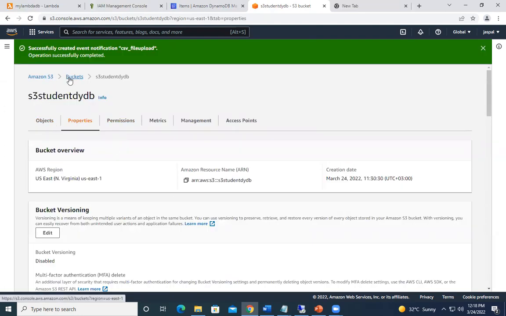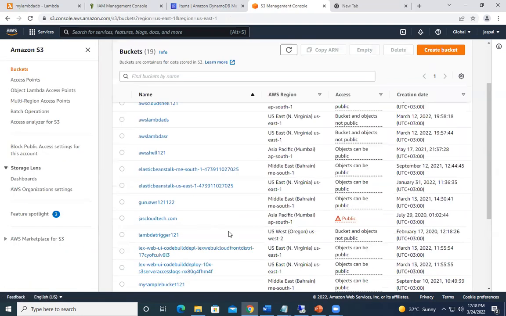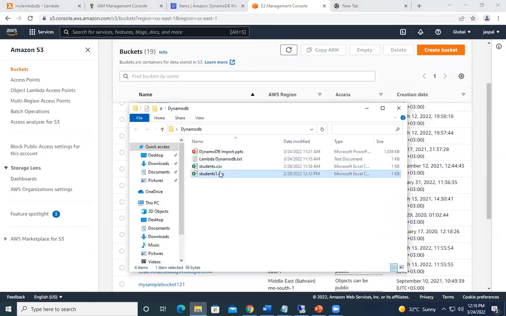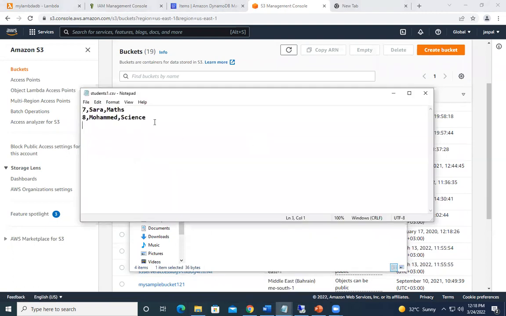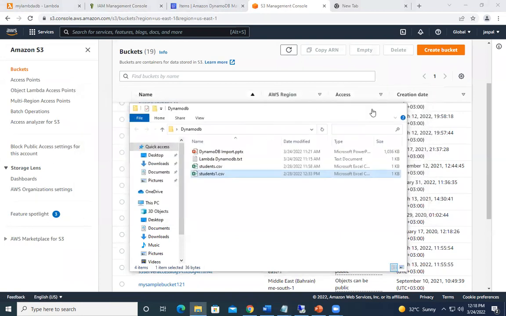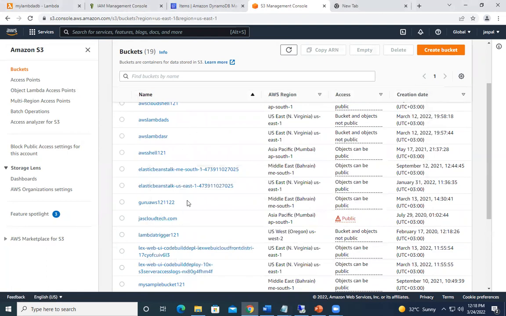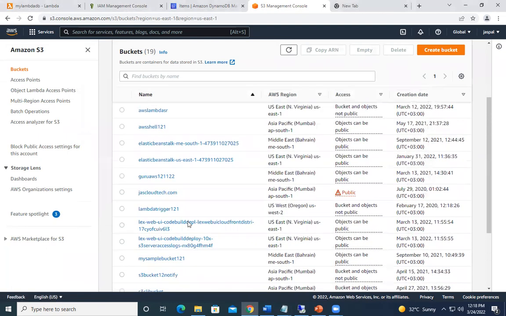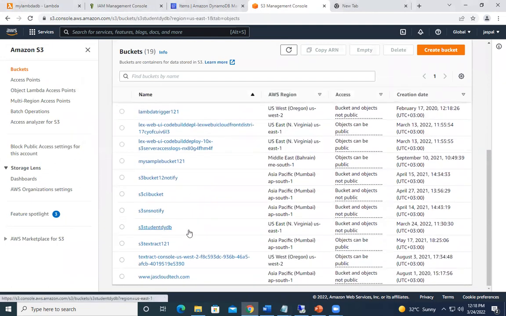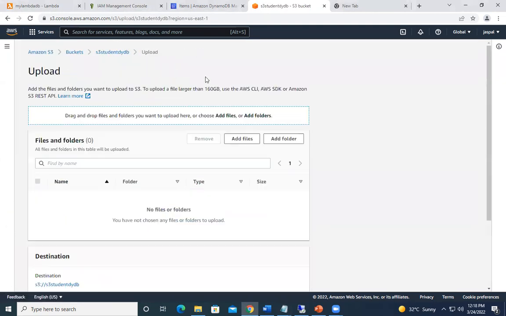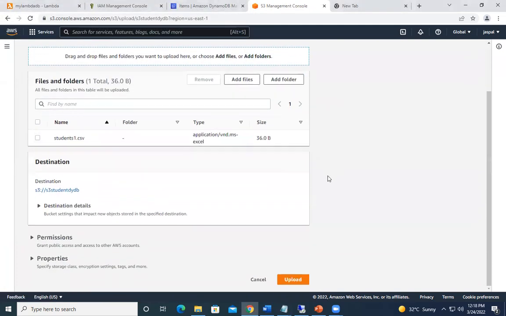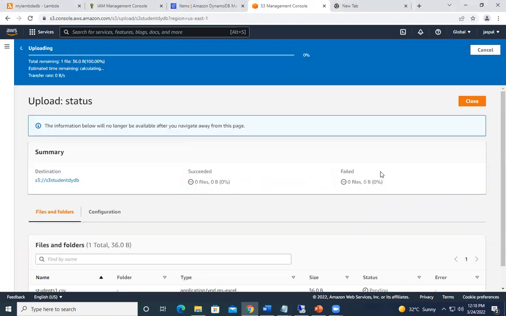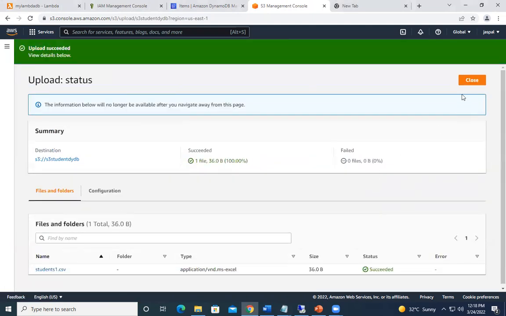Now we will go back to our bucket over here. Now in this bucket, I have another CSV file. So I'm having some data in this. So another 2 students I'm going to add over here. So I'll go to my bucket. Upload the file, add files, second file, and click upload. So it will trigger my Lambda function,